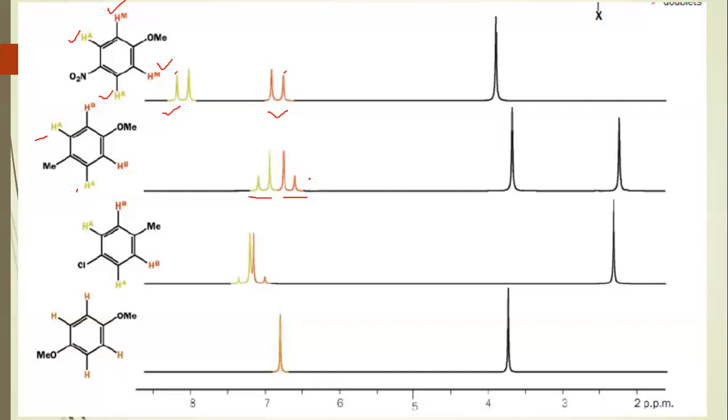So what happens, look at this, as the distance of the two signals is large, or the difference in the chemical shift values is very large, the two signals are well separated. The two signals, two doublets, are very clear. We can easily identify them if the chemical shift difference is large.